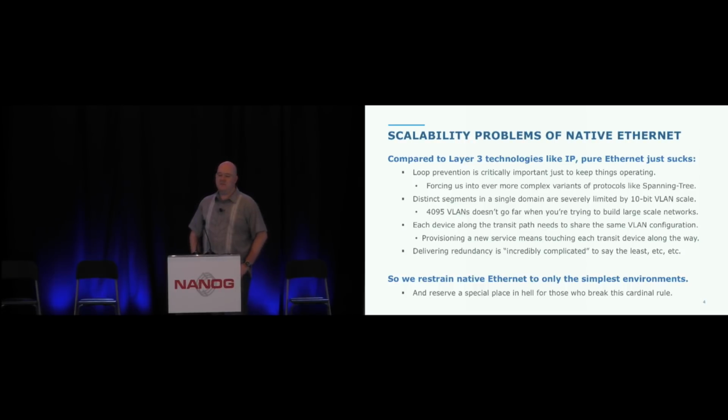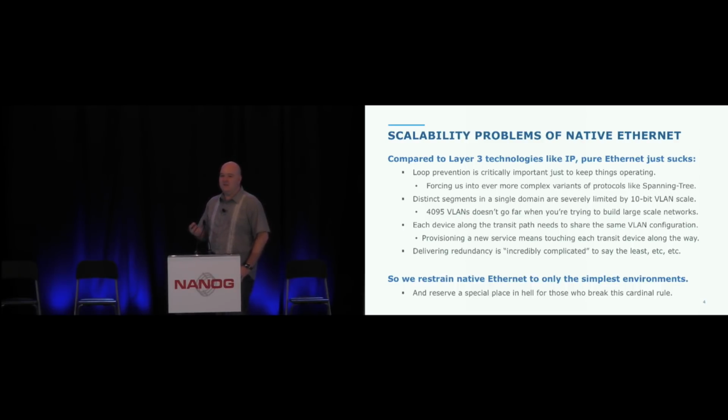And the reality is, compared to any kind of layer 3 technology, Ethernet, in terms of scalability, just sucks. I mean, it is terrible. There are all kinds of ways to completely destroy yourself. Loop prevention is absolutely critically important to every single thing that you do. If you don't have a way to prevent that, then there's no TTL. There's no way to deal with this in a graceful fashion. If you have any kind of a loop whatsoever, you're done. You're wiped off your entire network, and you've probably wiped off a whole bunch of nearby things on connected devices.